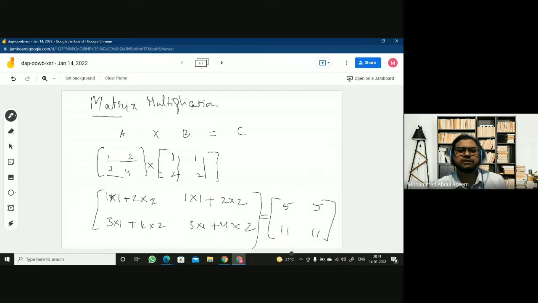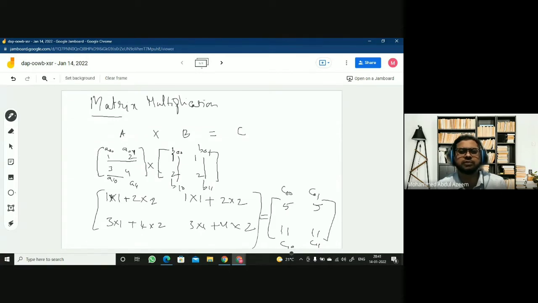So here what you are actually going to do is this is A00, this is A01, this is A10 and this is A11, and this is B00, B01, B10, B11. Okay, in order to get this C00, C01, C10 and C11, what are you going to do?